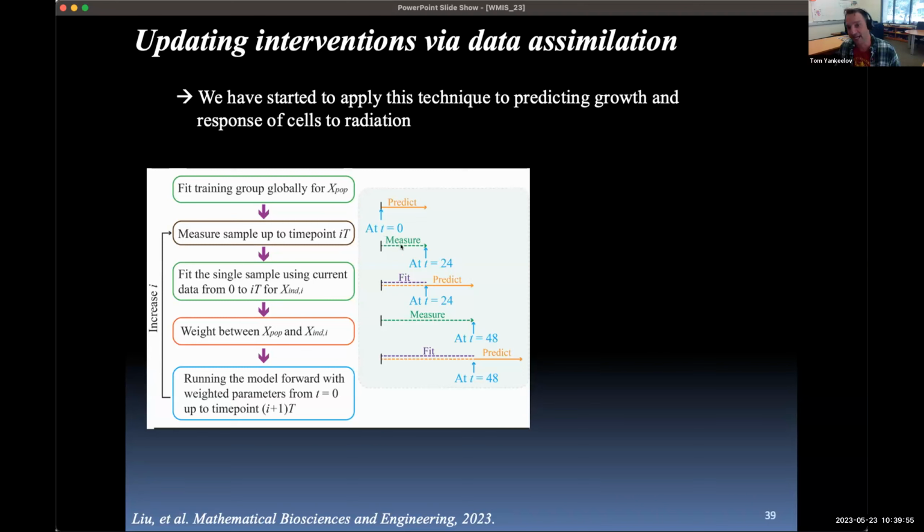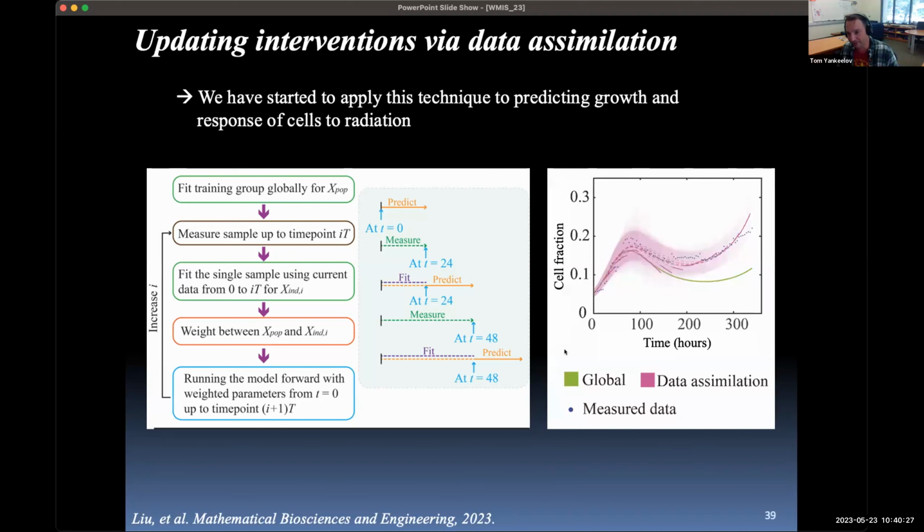And now you've had this time that they've been growing, and you're making your measurements, your time-resolved microscopy data up to time point 1. These images are acquired like once every 3 hours or whatever. So now you have 8 time points to calibrate your model, which gives you a set of parameters, but you only have 8 time points. So you weight those model parameters by your population, and then you predict forward into the future, and then this repeats itself. By the time you've reached half of the time course of your experiment, you're looking just at the individual, and you're not having any weights from the population.